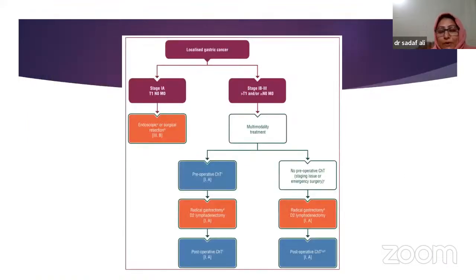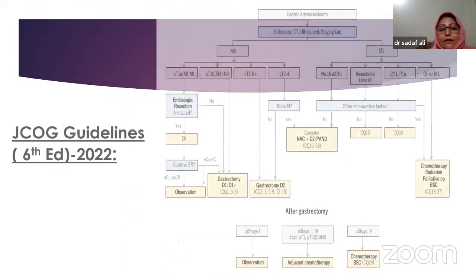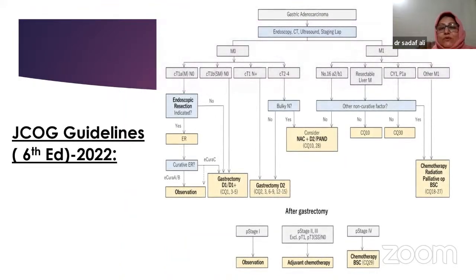So the European guidelines believe in multimodality treatment in all advanced gastric cancer. But a little difference should be discussed over here about the Japanese guidelines, that they don't give away with M1 disease, and when it is M0, their protocol is that early gastric cancer is endoscopic, as well as